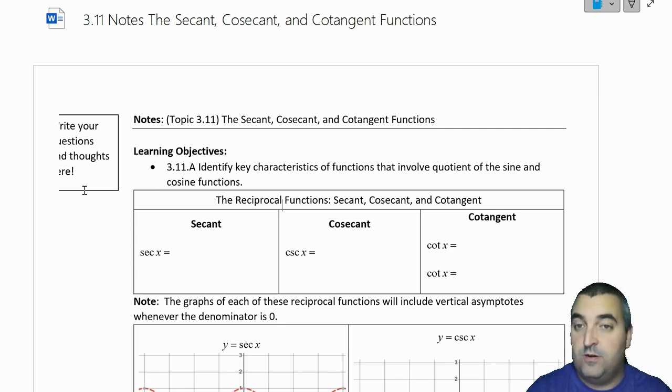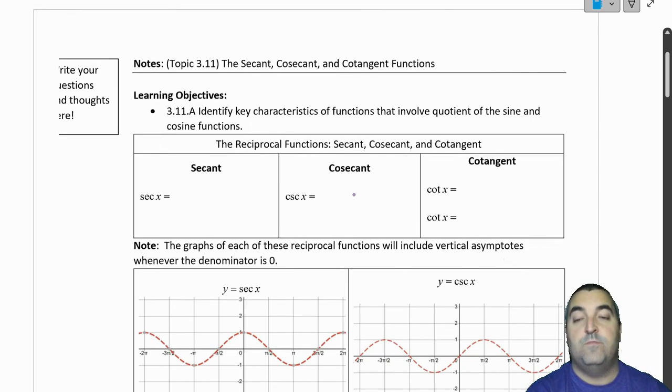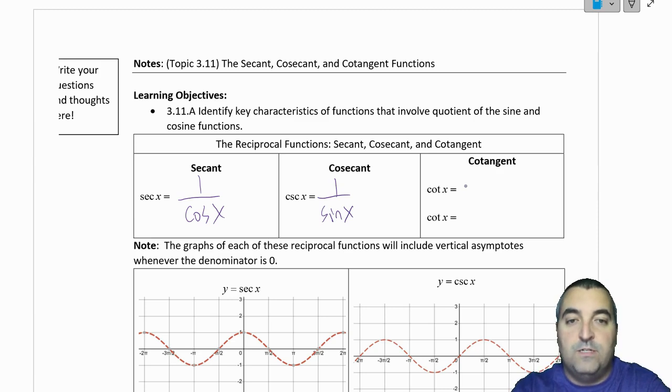Today we are starting 311, which is secant, cosecant, and cotangent functions. So those three things are what we call the reciprocal functions. The reason they're called reciprocal functions is because they are the reciprocals of the basic three. So secant is the reciprocal of cosine, cosecant is the reciprocal of sine, and you'll never guess, cotangent is the